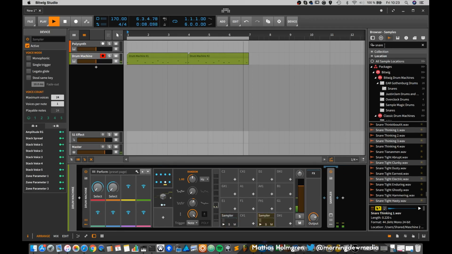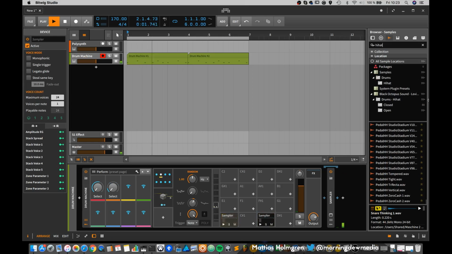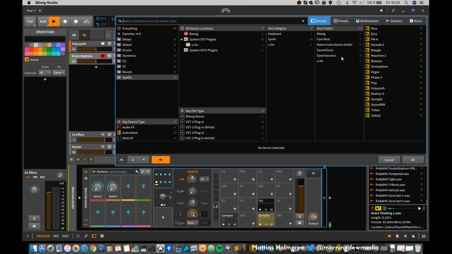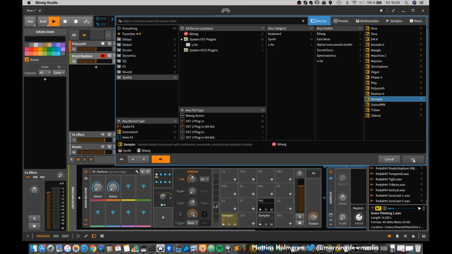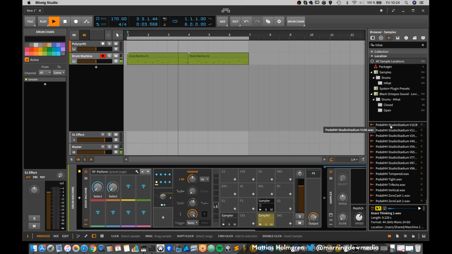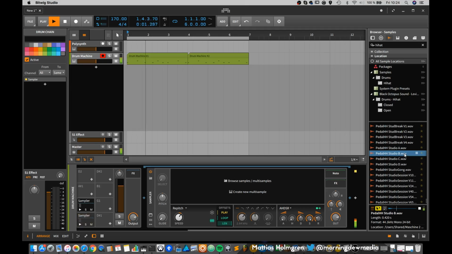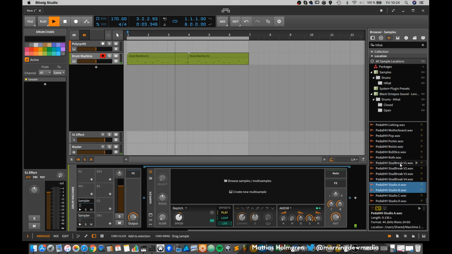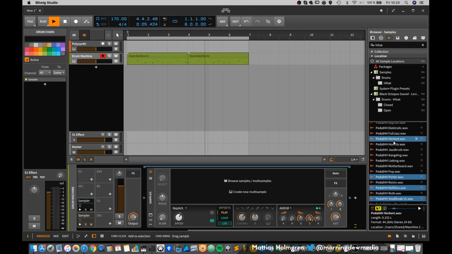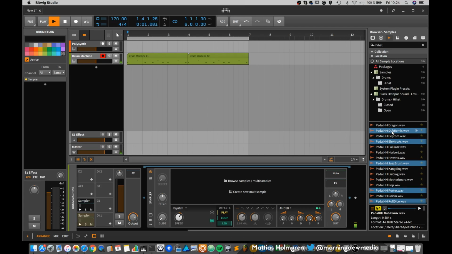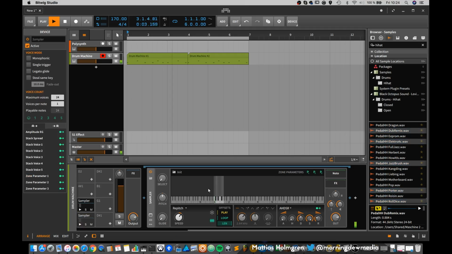Maybe we can do the same thing with some hi-hats. Let's try that out and see how it sounds. Add another sampler to this F#1, because that's usually where the hi-hats reside. And drag this to the multi-sample area.